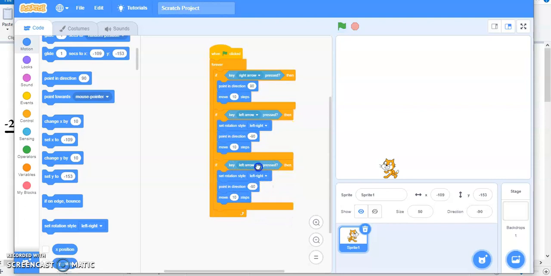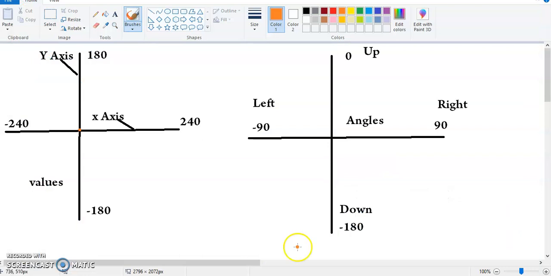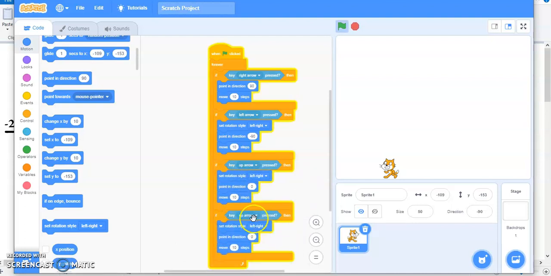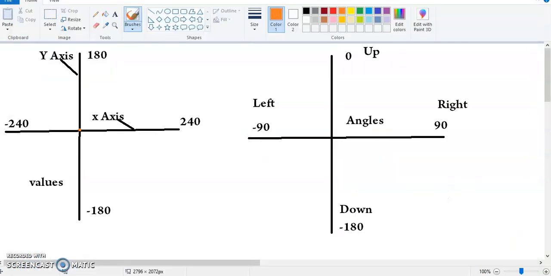So if I press the up key, what is the angle? The angle is 0 degrees. So I'm going to type this time. I'm typing 0 from my keyboard. And then what is left? Down. So when the down arrow key is pressed, this angle is going to be 180, right?